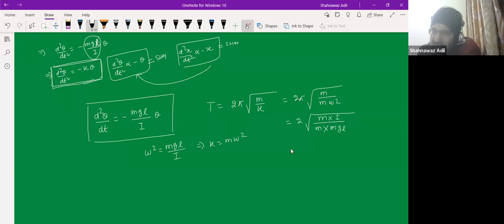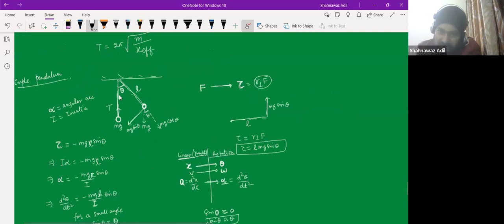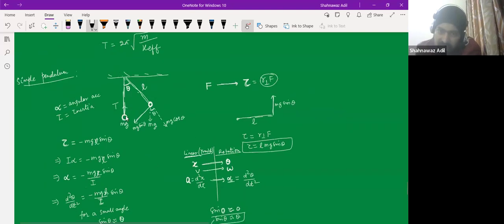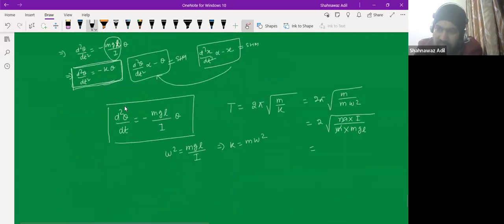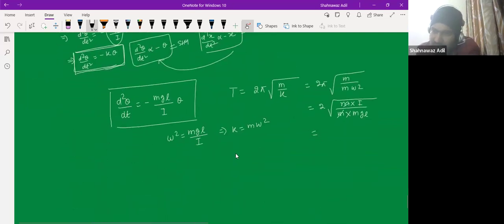So this part will cancel. And we know that for this mass, this thread is of negligible mass. So if we calculate the inertia of this mass, that would be simply the product of this mass and this length squared. So I would be simply, I is how much,